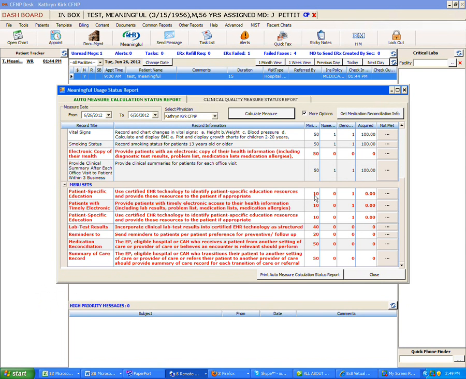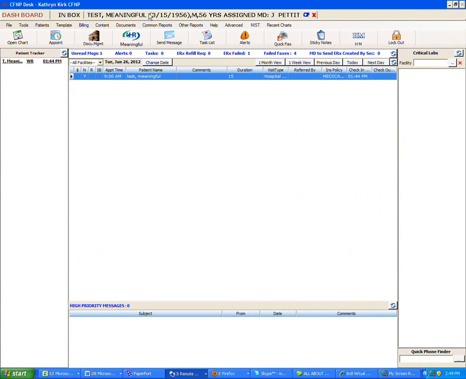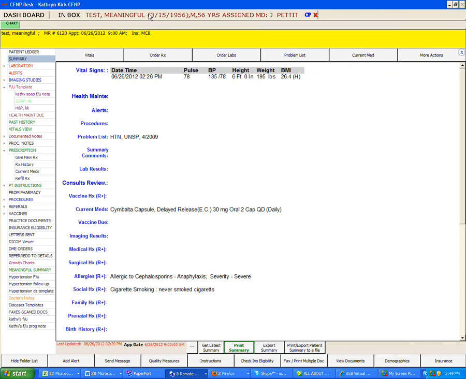Now you can create custom templates that you can actually print and give to the patient if you would like, with information regarding the patient specific education. So I'm going to show you how we would go over that. I'm going to go ahead and click close on this. Now I'm going to go back to the patient's chart, and